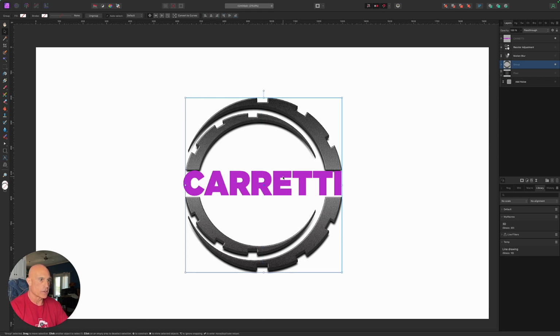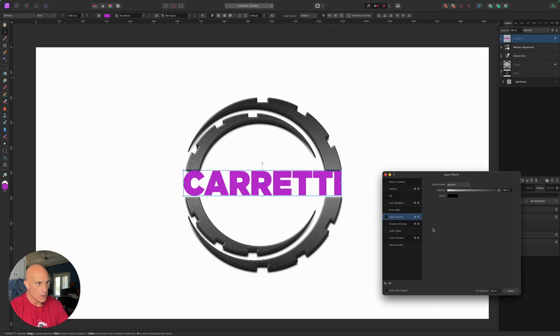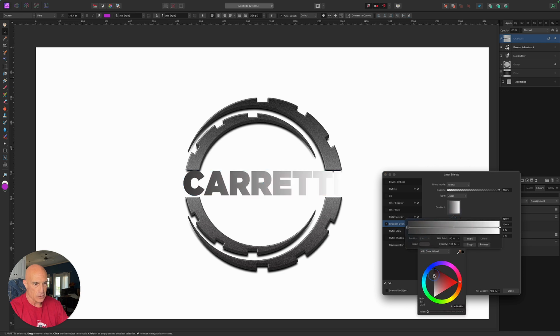So now what we want to do is stylize our text. So we'll come over to our text, go to Layer Effects. We're going to do kind of the same thing to this that we did to the logo itself. Let's come out with a gradient overlay. And very quickly we'll go dark gray,